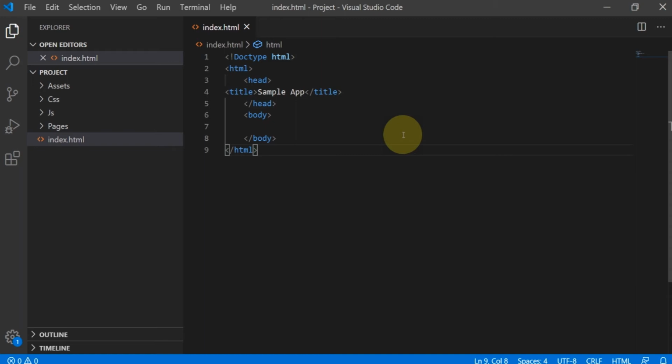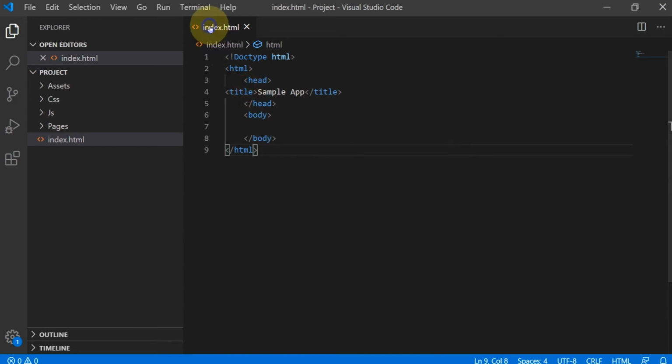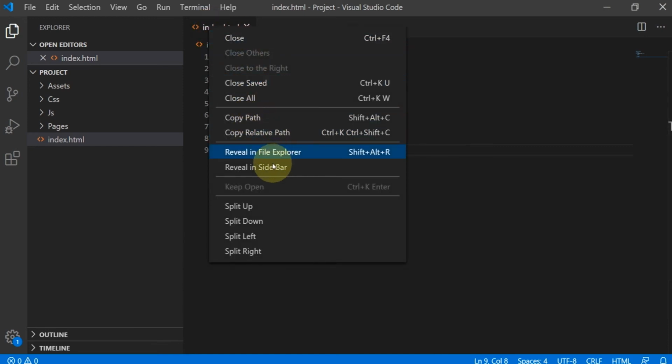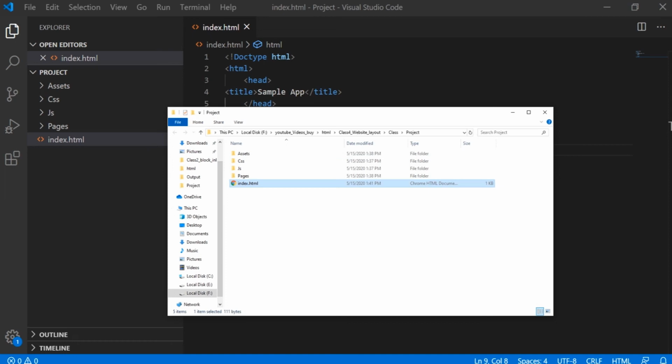Yes, sample app, it came. Here it is displaying. Okay, the title will appear here, as the tab name.